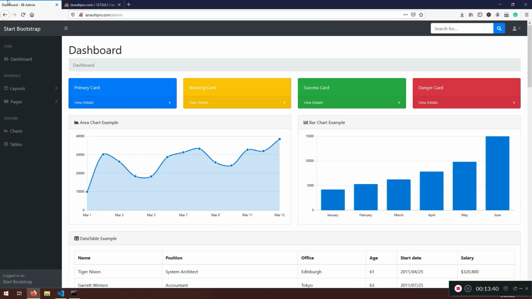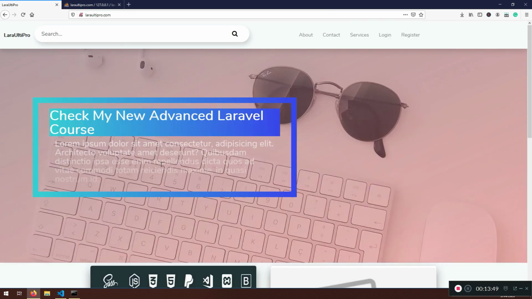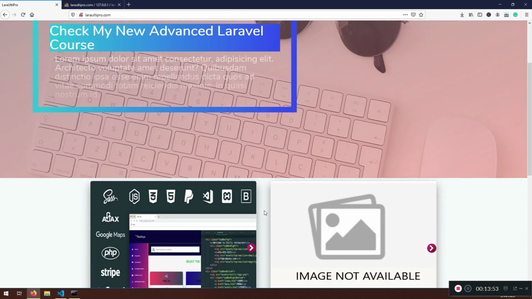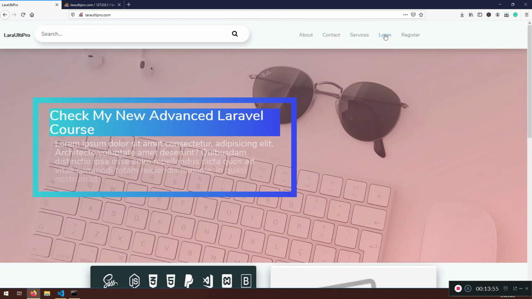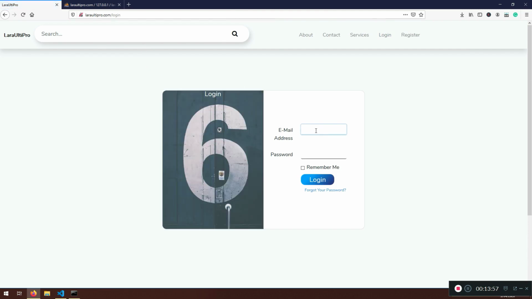So now I'm going to save it, and I'm going to refresh it. Here it is. I do have the administrator now, and I do have the logout. So if I click now, I would be able to use the same logout functionality for our sessions for both administrators and users. Now I can log in as a user,